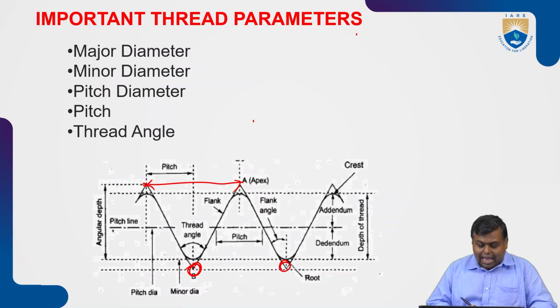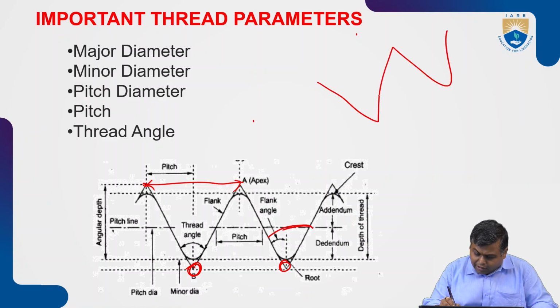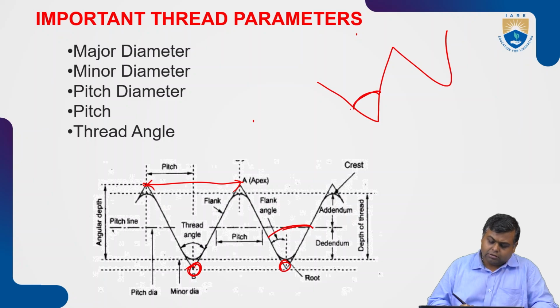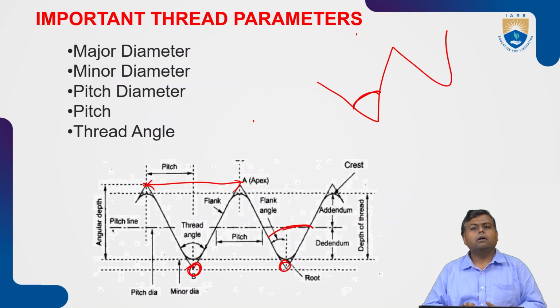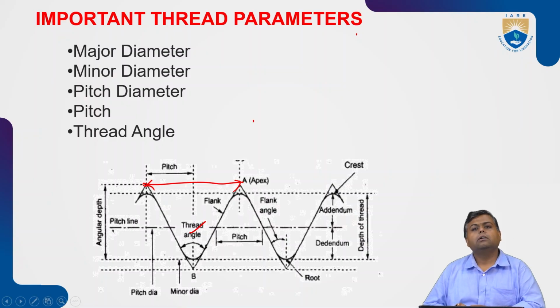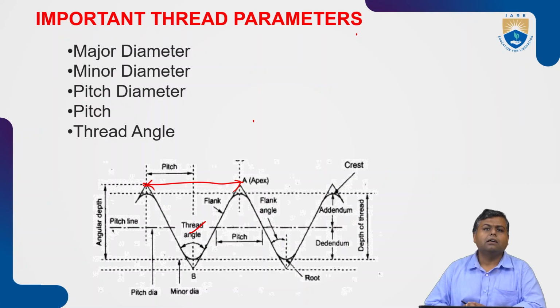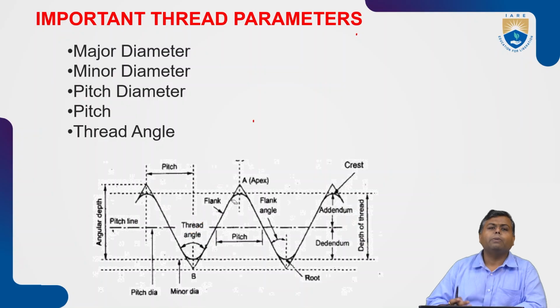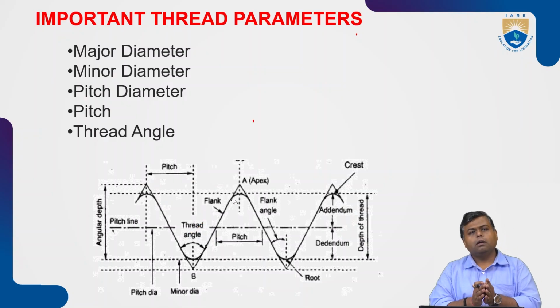Next is thread angle. So if I draw the thread profile, this is called a thread angle. So pitch diameter, thread angle, pitch, all together will make us a perfect threading. So we need to measure thread angle, pitch, the lower addendum, dedendum, root diameter, or the crest, the major diameter. We need to measure it,